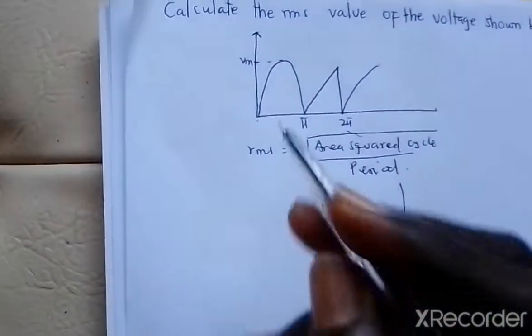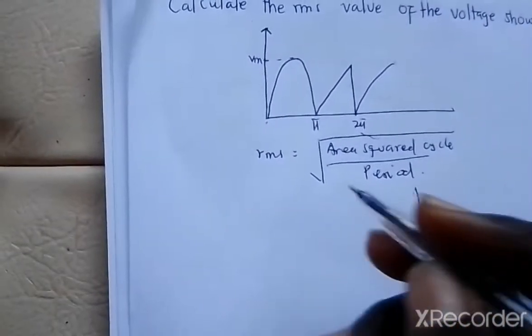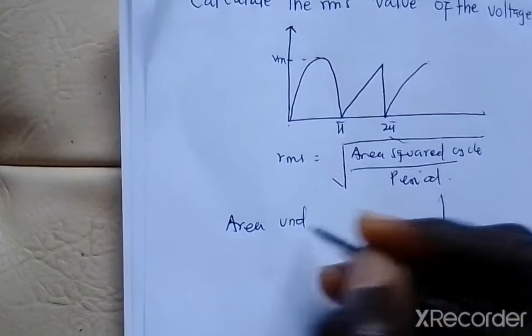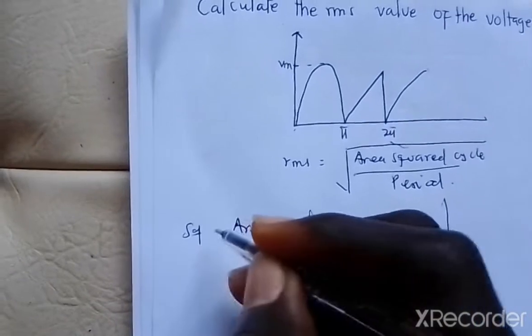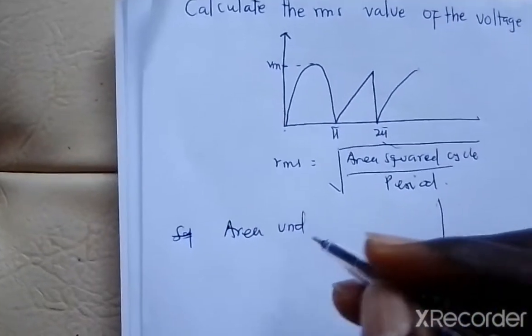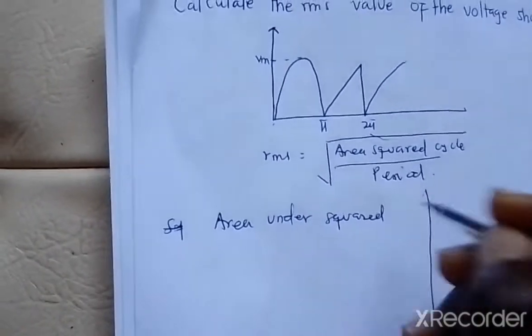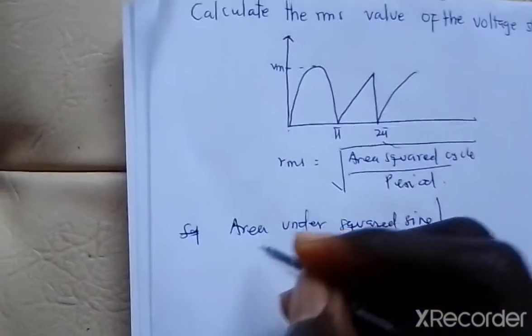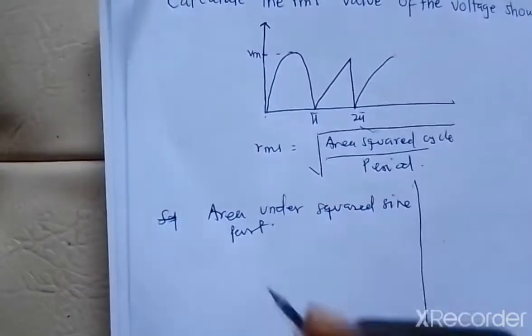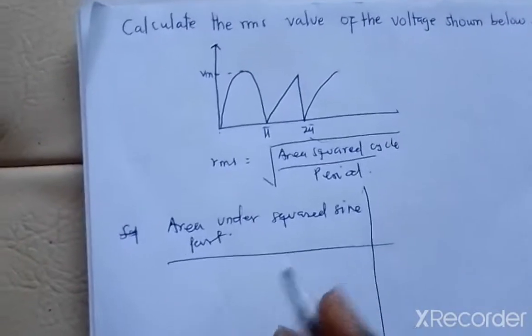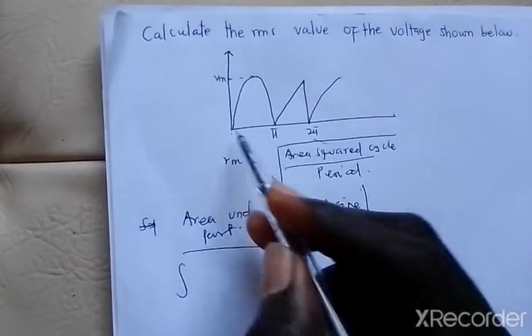So you have to find the area under the sinusoidal shape, or the sine wave. So the area under the squared sine part. To find the area, we apply integration here. So that is going to be the integral from 0 to pi